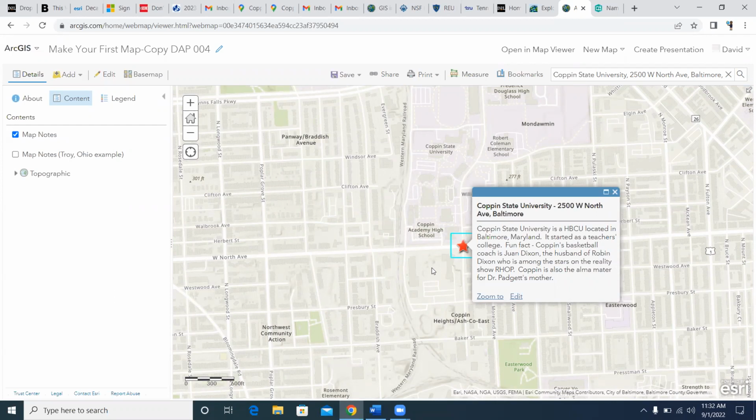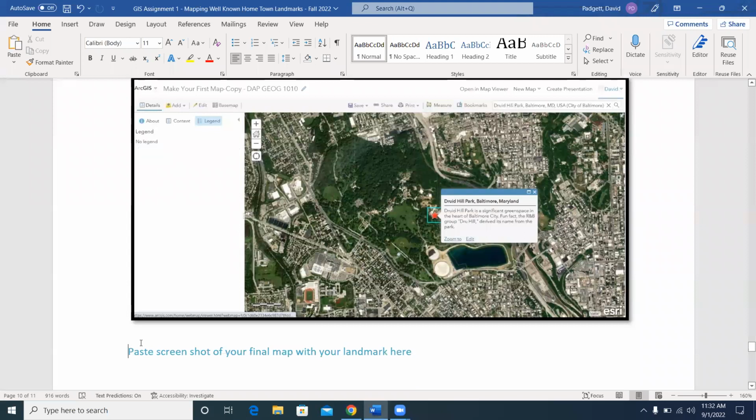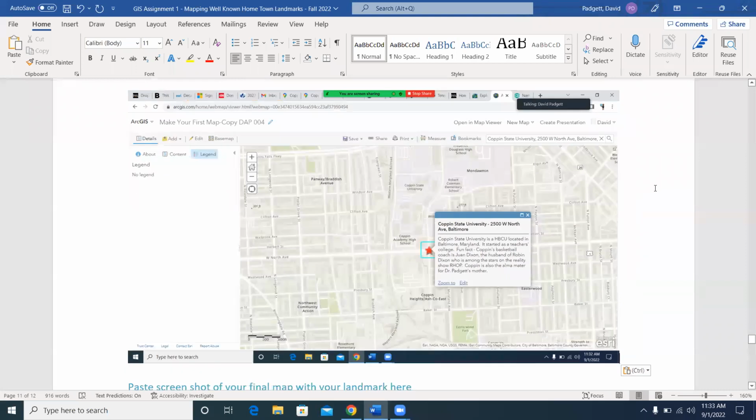So there you have it. There's your map with your pop-up box there. Hit print screen, boom. Go to your Word document, and paste it. All right. Now,